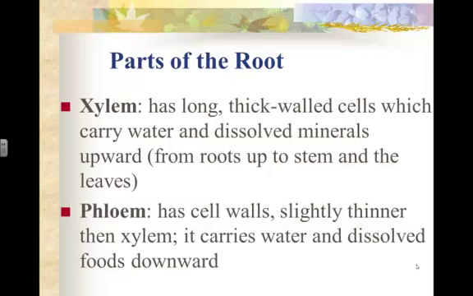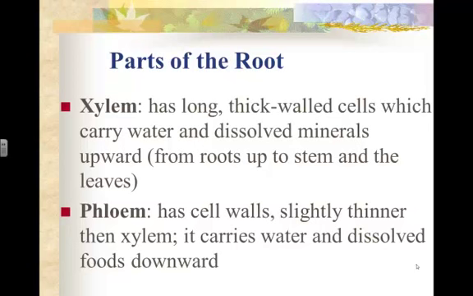Another thing is, remember, all the parts of a seeded vascular plant have vascular tissue: the roots, the stems, and the leaves. Now it's going to look a little differently in each of those parts, and that's what we're going to learn: how to recognize where's the xylem, where's the phloem, what do they look like in a root, a stem, and a leaf. So the xylem, remember, is the long, thick-walled cells, and it carries the dissolved minerals in the water